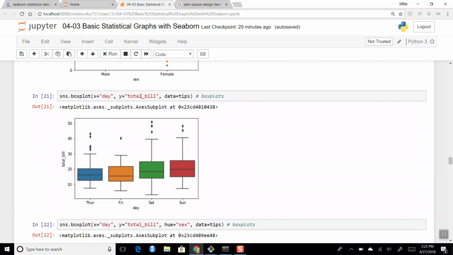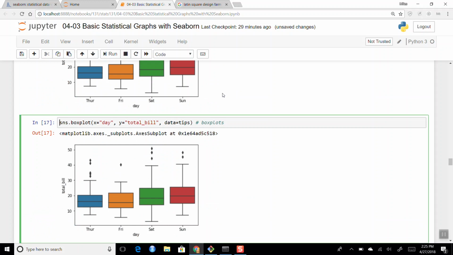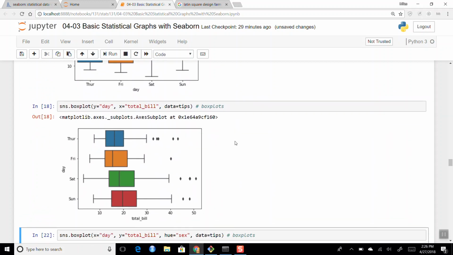So all of these things, X along one axis, and then let me copy this and paste it here. And if I swap this around and say Y is day and X is total bill, then you get the box plot horizontally, okay? You don't do it like in R, where you set it up and then say horizontal equals true or something like that. Here you just say Y is the numeric variable and X is going to be